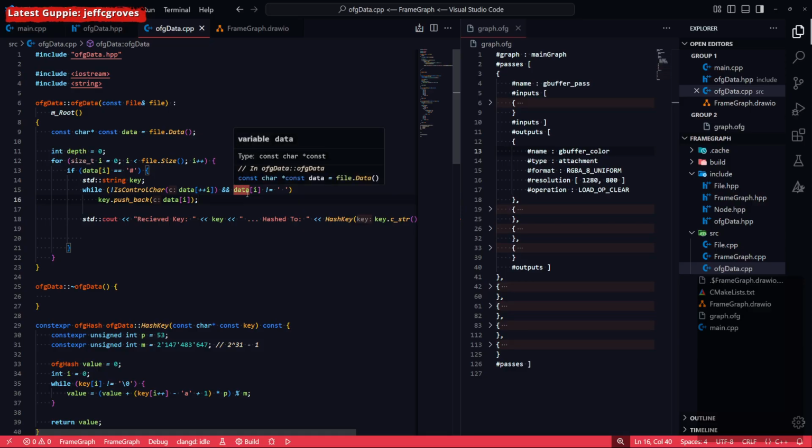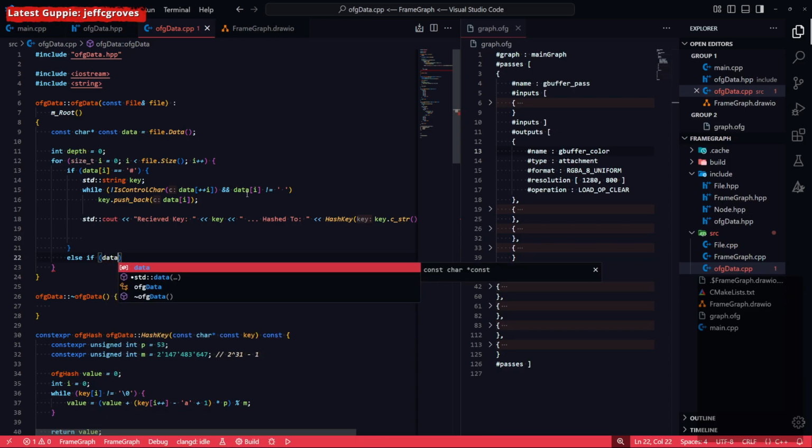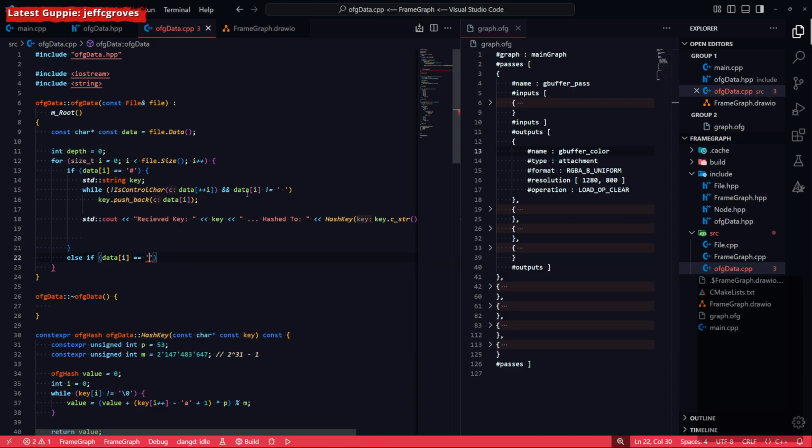Well, I can say then also else if the data at I is equal to an opening bracket and is not an absolute key,